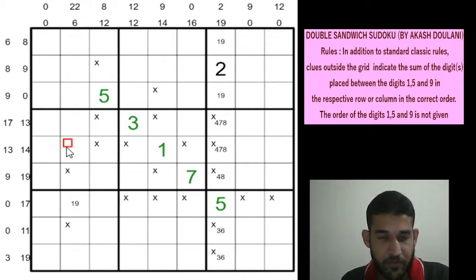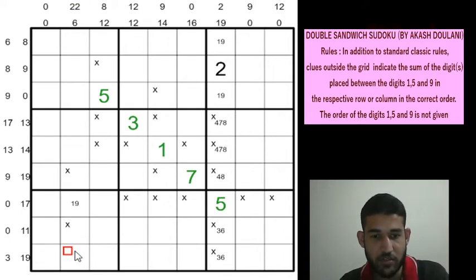Now if you have a 5 or a 9 here, the next digit would have to come here, but it has only 3 cells in between them, which we cannot use to make it to 22. So that means this cell we would have to use as a 1, 5 or a 9. That is, row 9 column 2 has to be a 1, 5 or a 9, because if not, then this will be 159 and this will be 159, and we cannot satisfy the 22 total. So this will be a 1, 5 or a 9.